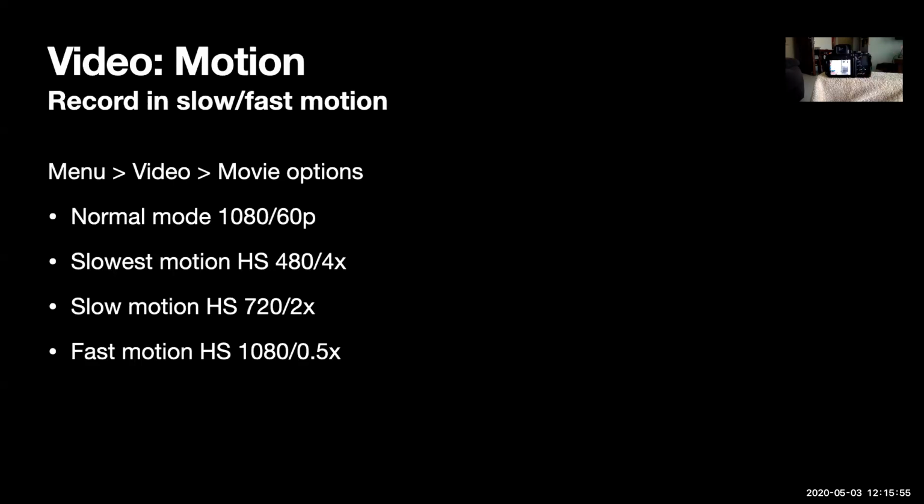And Uday, Amit, if you want to add various usages of fast motion, slow motion, you can do that. Fast motion is not time lapse. Please understand that it is not time lapse. It is just speeding up your video.